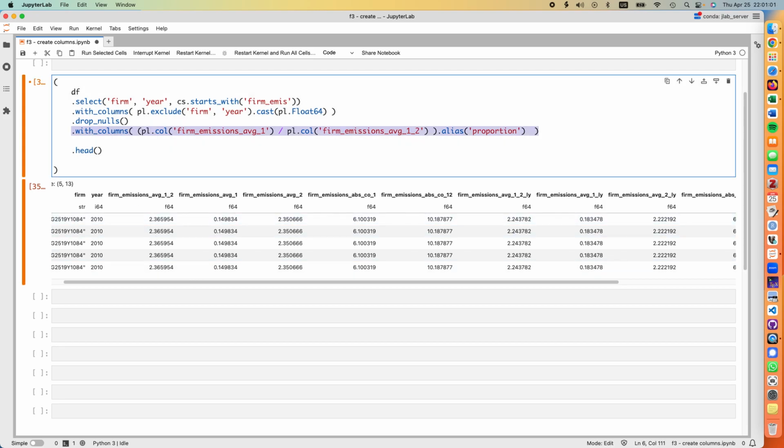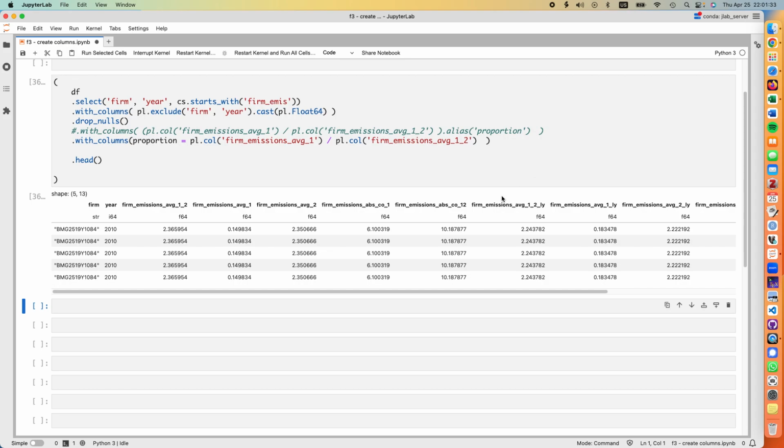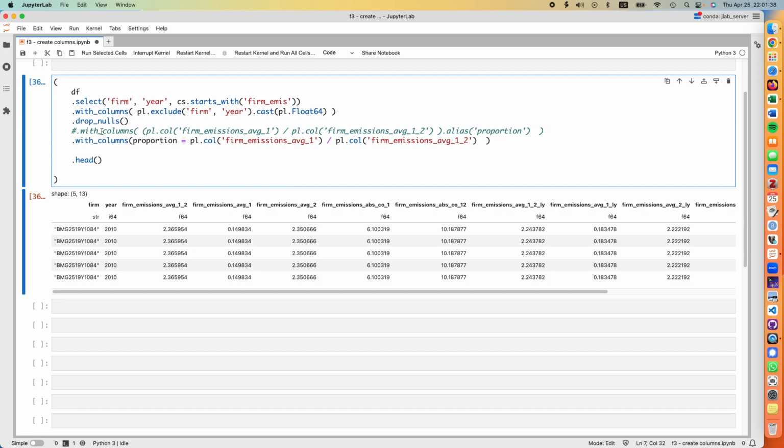The second one is actually the one that I prefer, because to me it's more readable and I don't want to put many parentheses around. So you will delete this one and alias as well, this one as well, this one as well. You would simply say proportion equals this column over the second one. It's exactly the same, except that just the way you do it is different. The convention is to use the alias in Polars, but this one is also possible, and personally I prefer this one. So here we created proportion